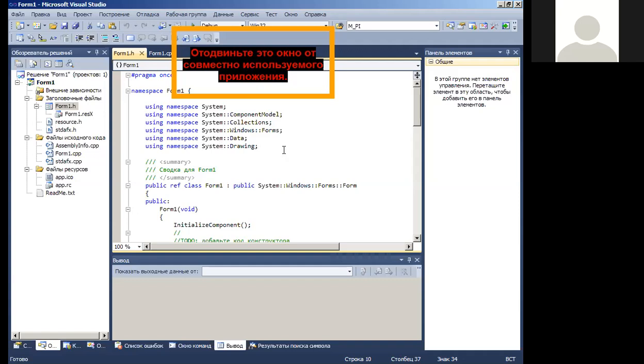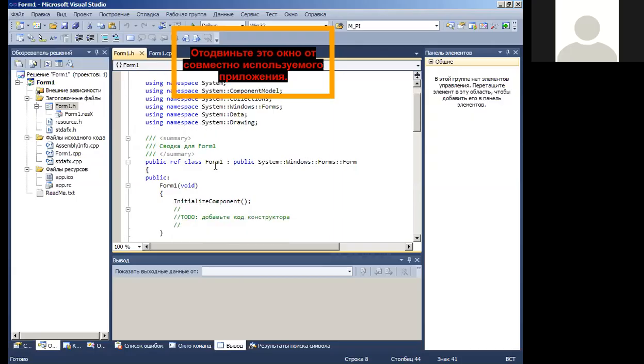So the namespace, this is a set of classes, the set of some interfaces, some data in the form of fields and properties and a lot of. Okay, so after the inclusion of these namespaces, in this namespace of our project Form 1, we have